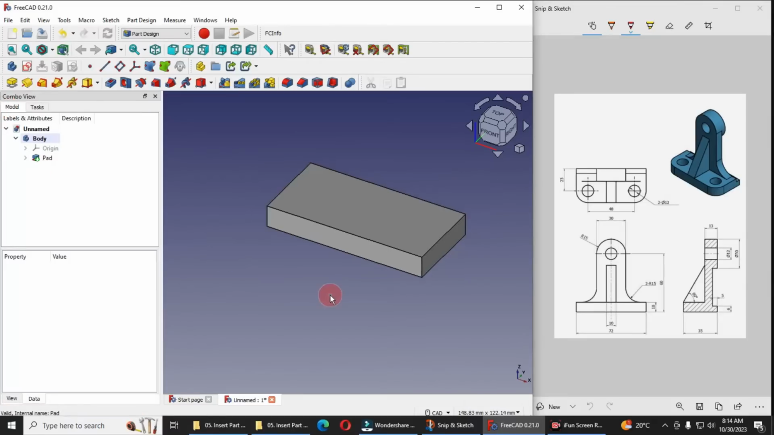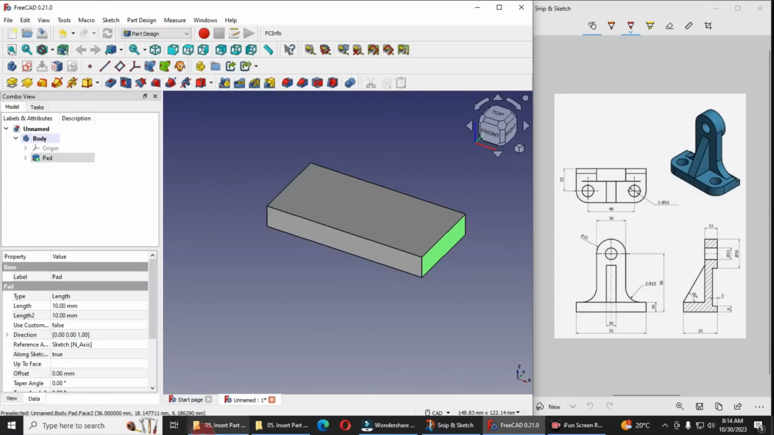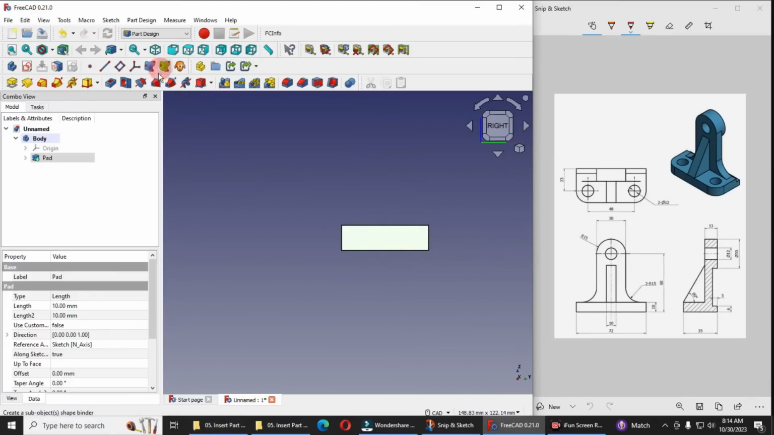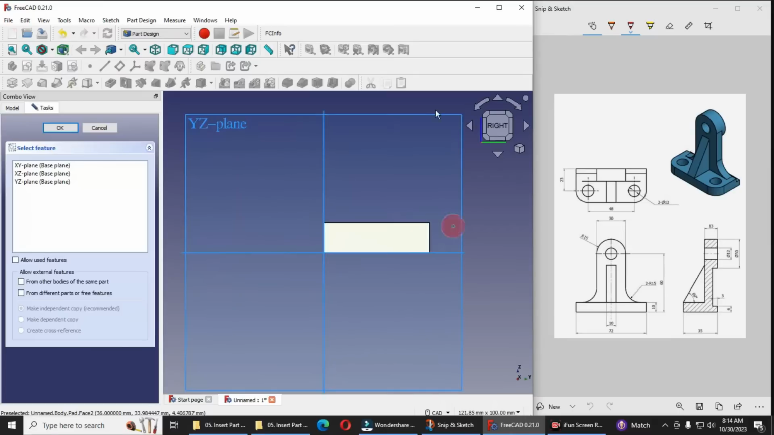Now this is the base feature which we have created, and now we will create this cut and then we will create this feature. So for this I will select the side face, switch to the right view, select the face and create a sketch, and here